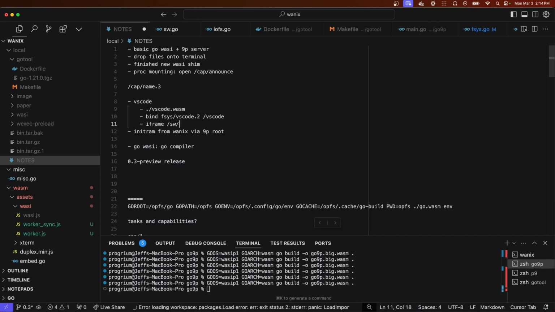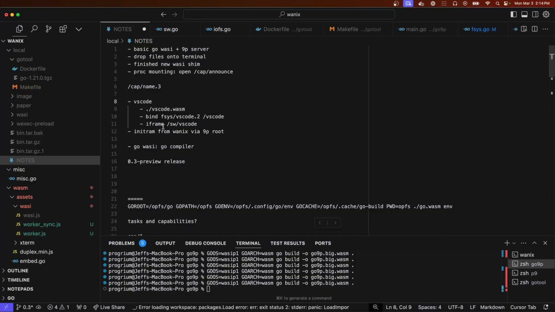And then right now it's just the root. So we would be able to go to VS Code. And then that would get us VS Code. Finally. Maybe we'll try that today.